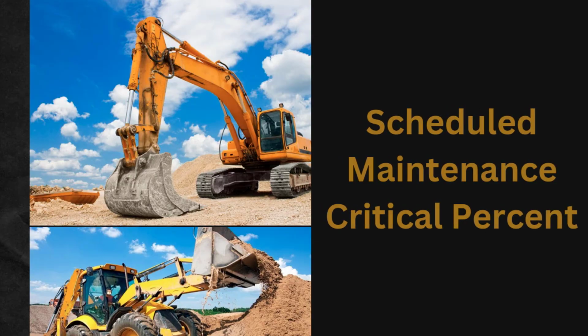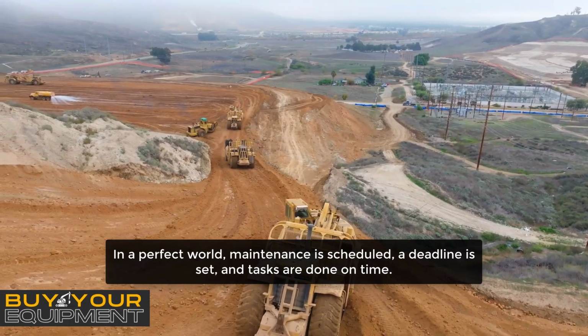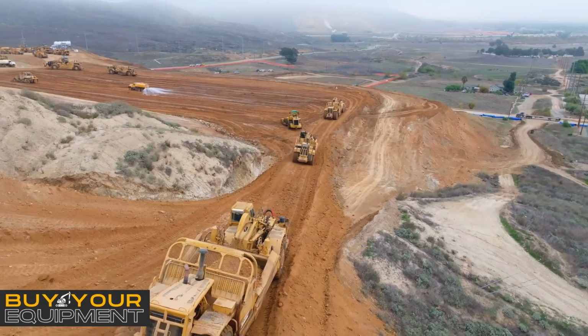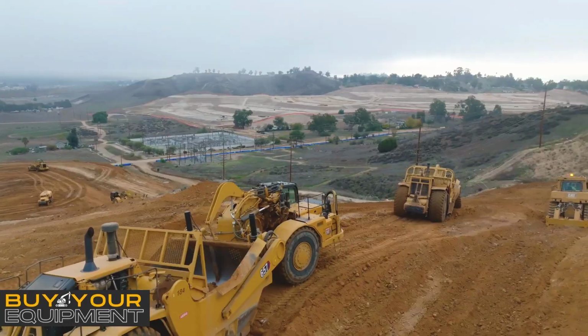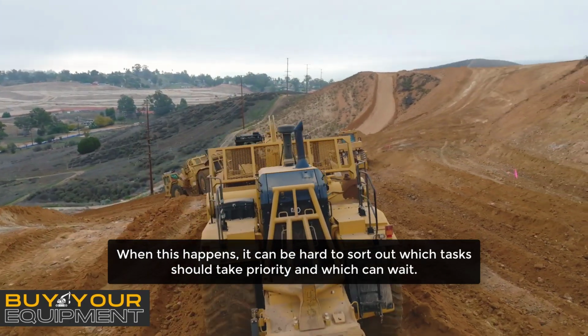Scheduled maintenance critical percent. In a perfect world, maintenance is scheduled, a deadline is set, and tasks are done on time. But we don't live in a perfect world. Maintenance is overdue sometimes. When this happens, it can be hard to sort out which tasks should take priority and